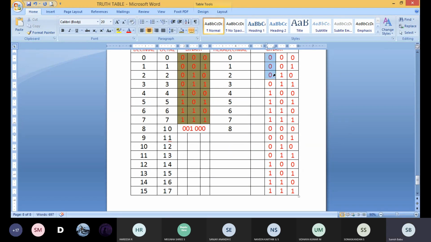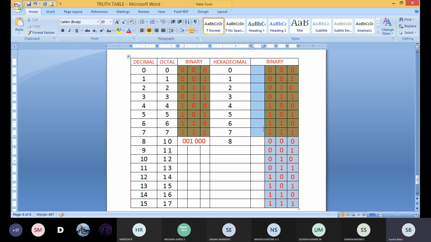So see here. The first 8 combinations same. Again I'm going to repeat here. Again same thing. Same I repeated here. But what I'm going to do is, the first 8 numbers will be given a 0 in front of this number, because we have to make it a 4-digit number. So first 8 numbers 0. Okay. Second 8 numbers, everything is 1. Okay. That's all. All are 1. Okay. So now this is the tabular column. You can easily remember the digits. Okay.